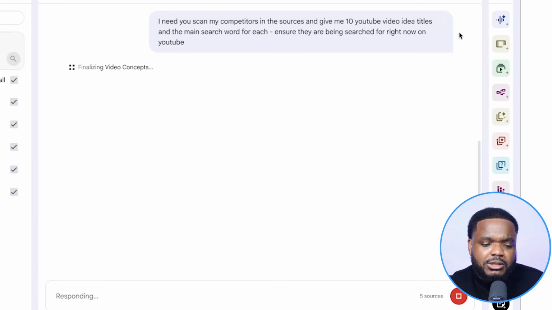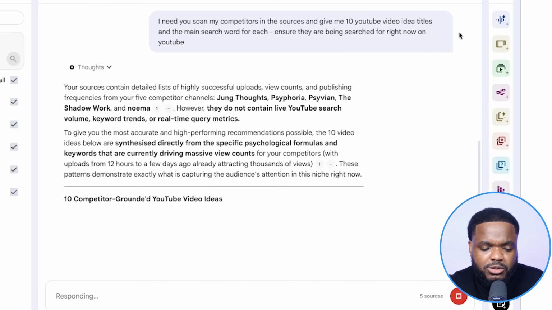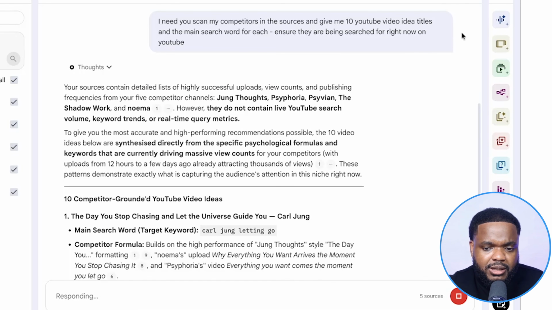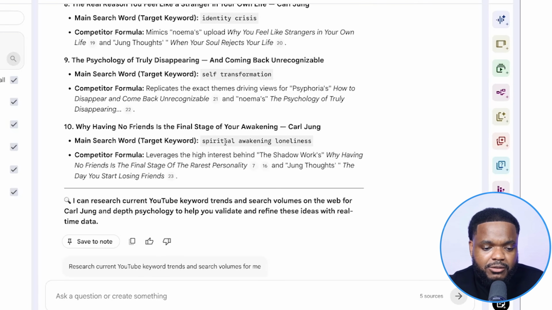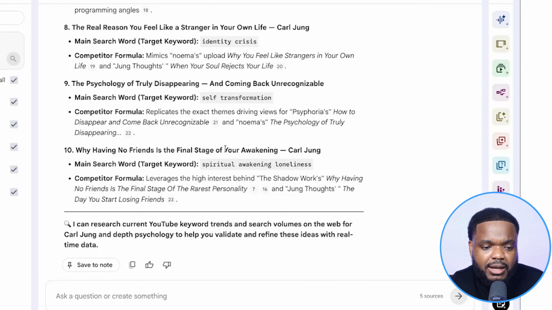And right there, as you guys can see, NotebookLM is looking through all the channels. It's scanning it. It's coming up with the best response. It's not just going to come back with an instant response. It's going to take its time to think. And there we go. Right there, I've now got 10 different video ideas that have a high chance of doing